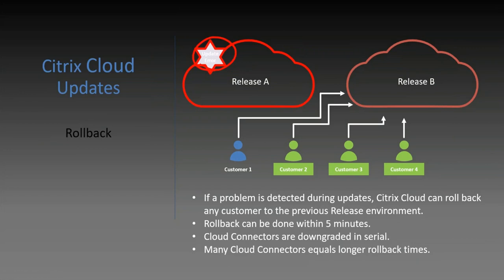So if a problem is detected during the updates, the Citrix Cloud is rolled back within 5 minutes. This is done very, very rapidly. We just reconnect them to the new machines. The one exception to that will be your controllers, your connectors, I should say. The cloud connectors that are deployed on-prem take a little bit longer to roll back because they do these in